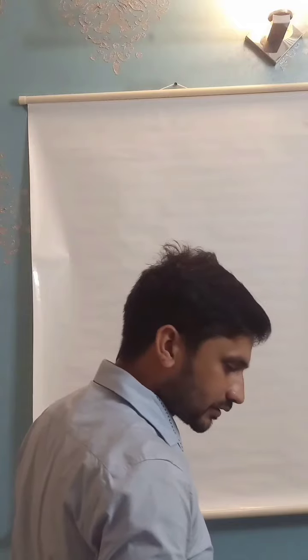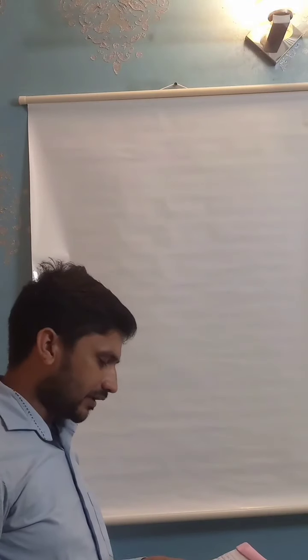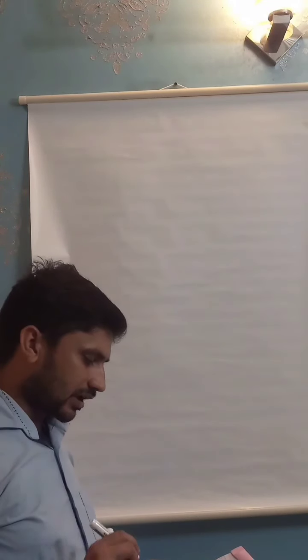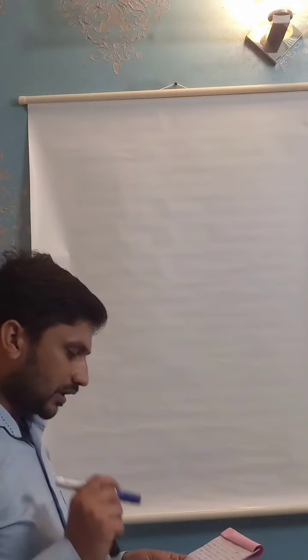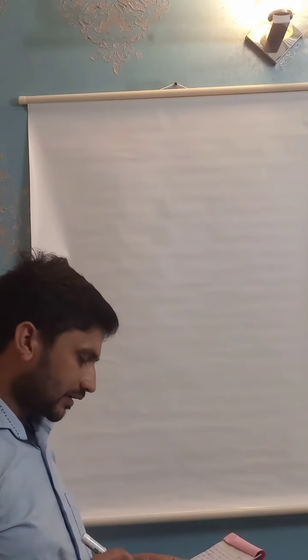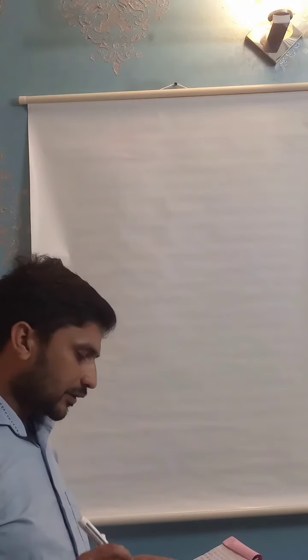Section. We have 3 doubts today. Let us begin from the very first question. I am reading this question. From the top of a 7-meter high building, the angle of elevation of the top of a tower is 60 degrees and the angle of depression of the foot of the tower is 30 degrees. Find the height of the tower.